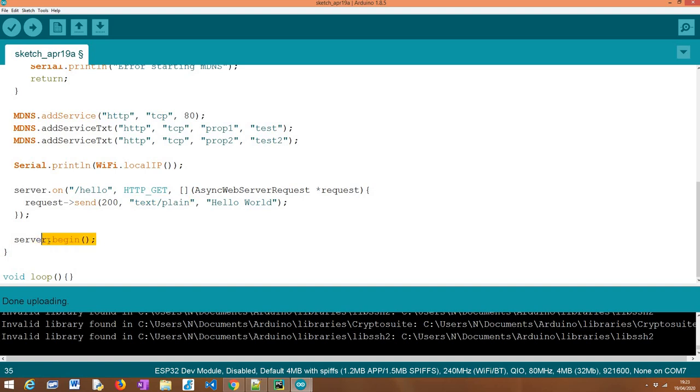Past this point, we just need to call this begin method on our server object, and it should start listening to HTTP requests. This is an asynchronous implementation of the HTTP web server, but the MDNS part that we have covered is independent of how we expose our service. We could have been using the native web server implementation from the Arduino core, which, for example, relies on polling.